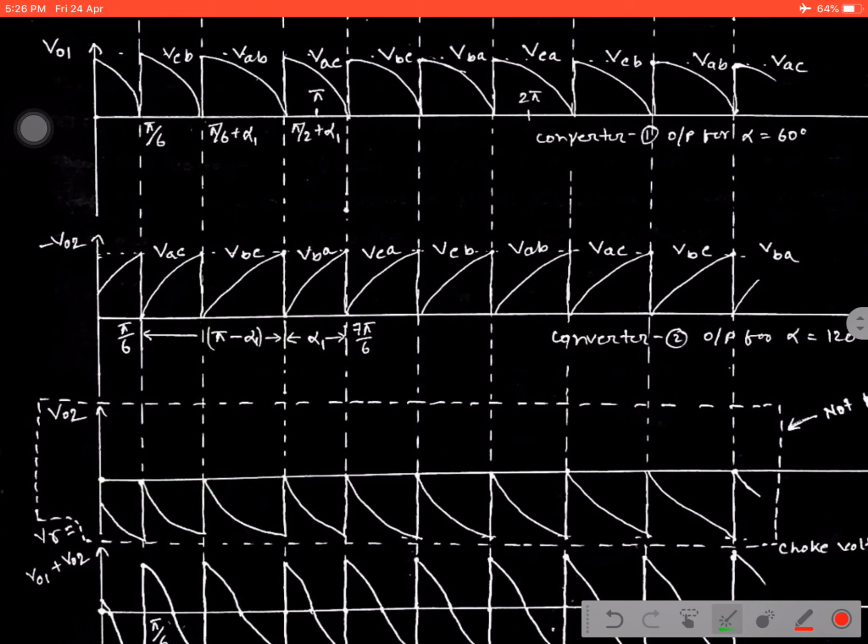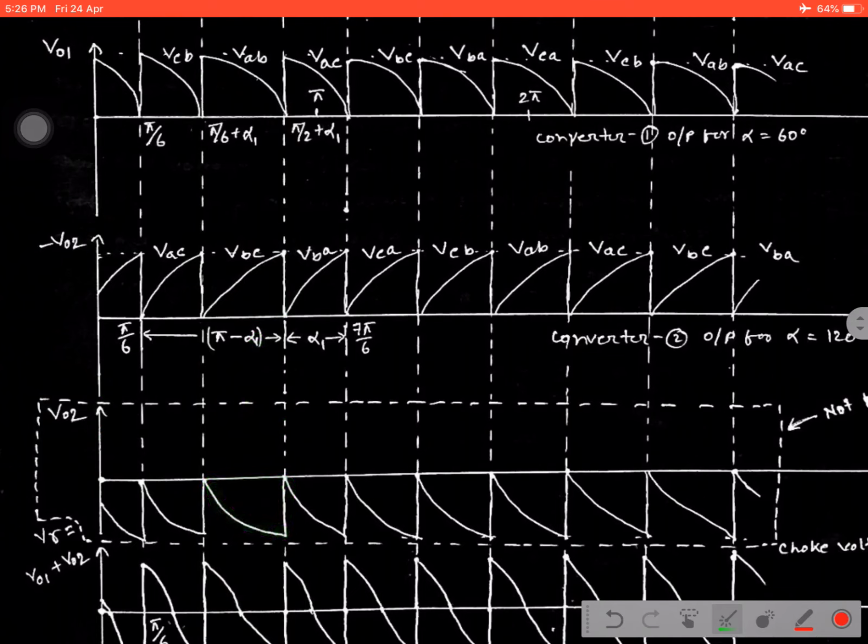That is what we are taking, just mirror image. That means converter 2 can develop minus VBC. Mirror image means just opposite of VO2. That means it will give you VO2. That means minus VO2 is converted to VO2 by these waveforms. That is why, if the waveform of VBC looks like this, it's a mirror image which will give you this image or waveform.